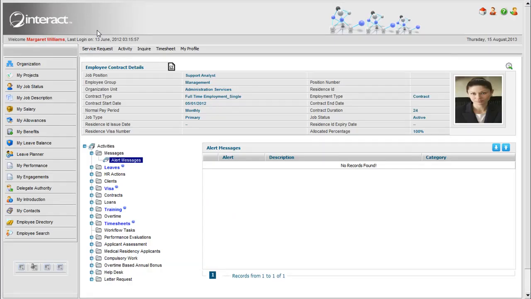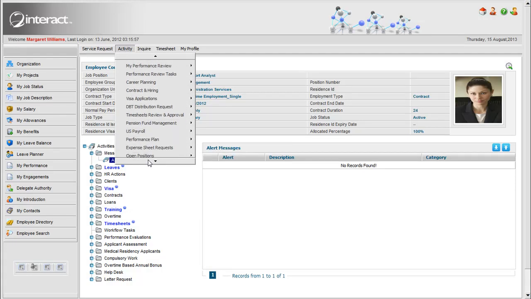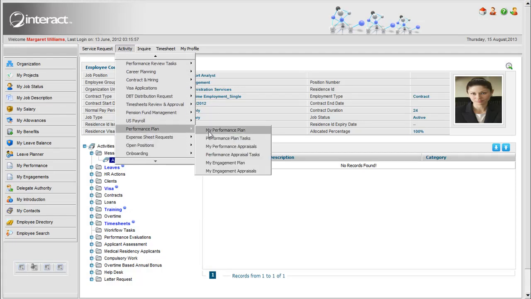Your employees, your supervisors, counselors, and other persons involved in the performance planning process will be able to do everything using self-service. As a result, each employee will have their own performance plan that they can access. But they can also have performance plan tasks which relate to other employees for which they are responsible. The same thing occurs when you are looking at appraisals, where the employee can handle their own appraisals or manage